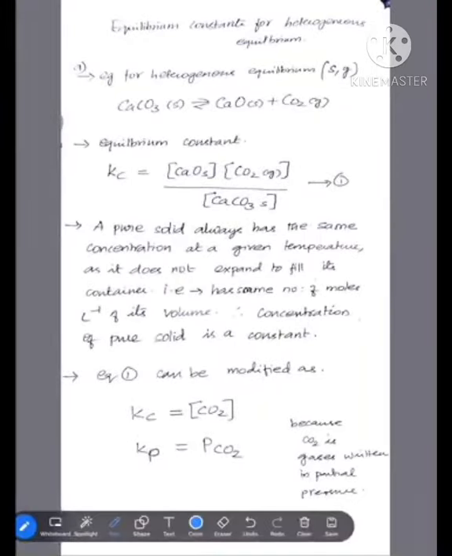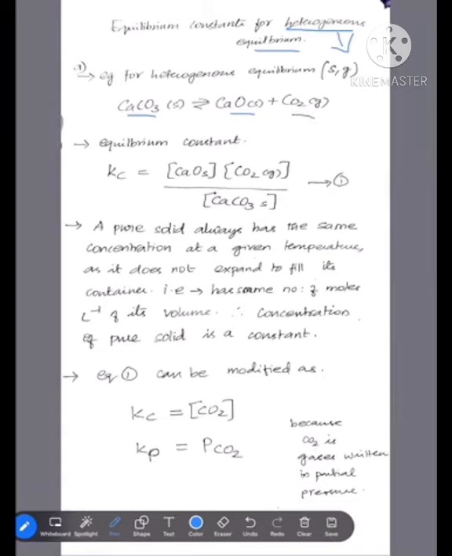Next, we will find the equilibrium constant for a heterogeneous reaction. As I told you, what is a heterogeneous reaction? Heterogeneous means you have reactants and products which are in different phases. Such a system will have an equilibrium, and that equilibrium is termed heterogeneous equilibrium. An example of a heterogeneous equilibrium is a gas-solid system. We already saw this example, which is calcium carbonate, which in a reversible process gives you calcium oxide, which is a solid, and carbon dioxide, which is a gas.